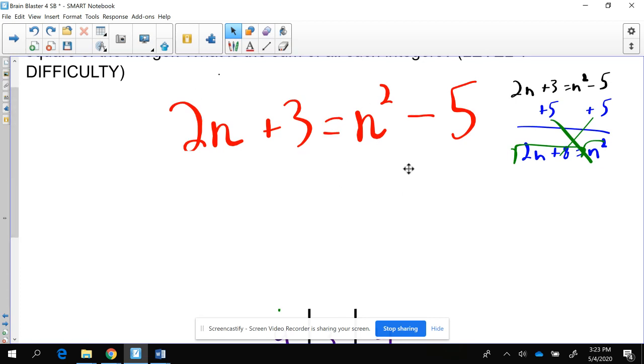So instead, take a look here. Take a look at this equation. And what I'd like you to do is, if all else fails,